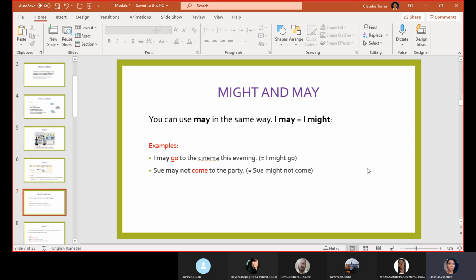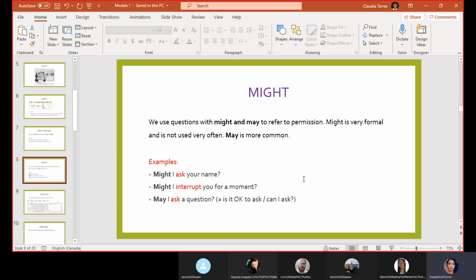And here you have another example. Sue may not come to the party. And that means Sue might not come, right? So you can interchange the words and you have the same meaning. Okay. Now, for the questions,